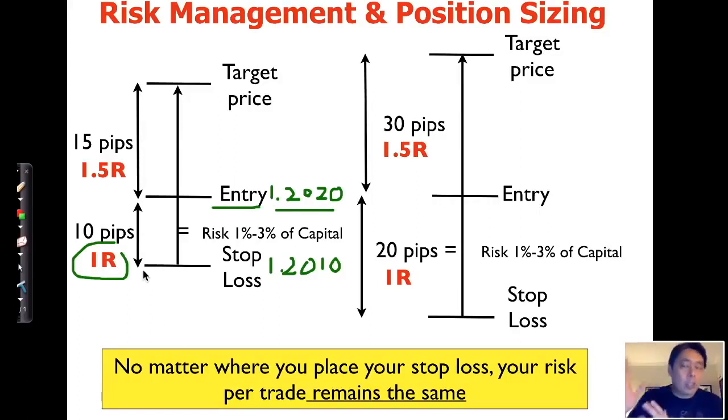At times it works, but most of the time, if you're trading regularly, a 1 to 1.5 is very, very profitable. And I learned not to be greedy in trading currencies, especially trading lower time frames. Okay, so if my risk is 10 pips, I take 10 multiplied by 1.5, it's 15 pips. So I know that my target price will be 15 pips above the entry price, which would be